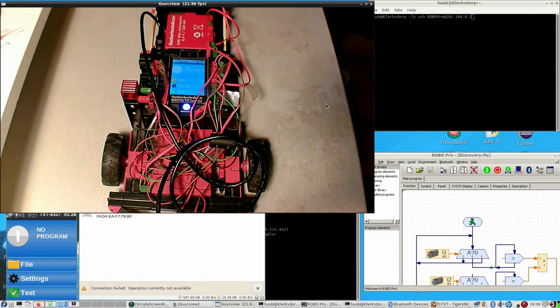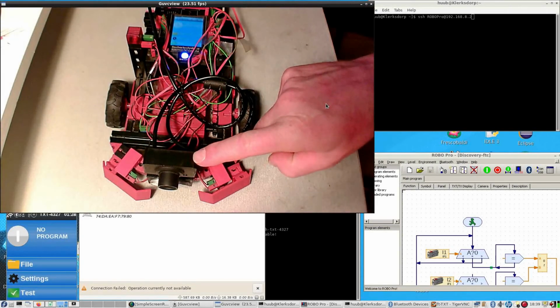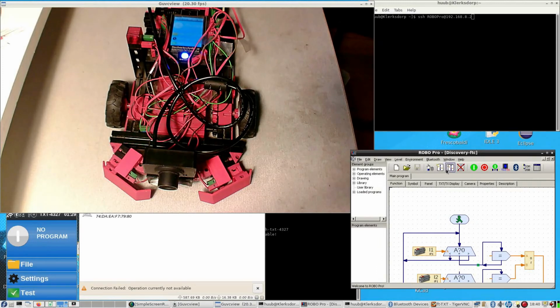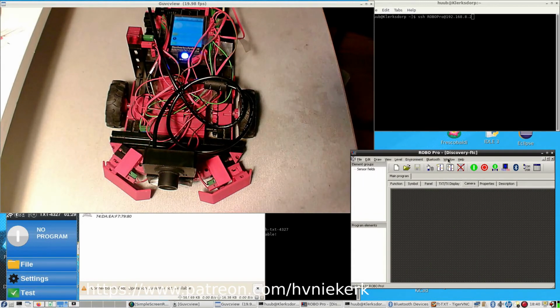Okay, after some searching on the community forum of fischertechnik, it turns out that I'm not the only one with some problems using Bluetooth. And there's another thing. If I pull this one a little bit backwards, see here, USB camera. Because I am using Linux for ROBOPro. Well, Linux as an operating system. ROBOPro is a Windows-written system, which means I have to use Wine, a Windows emulator, and I am not able to run or to use the camera, because if I do, I get this,